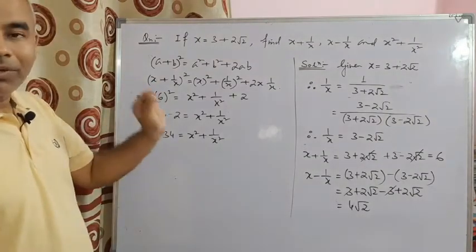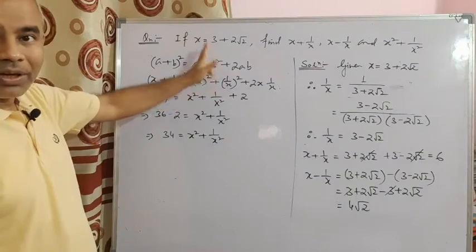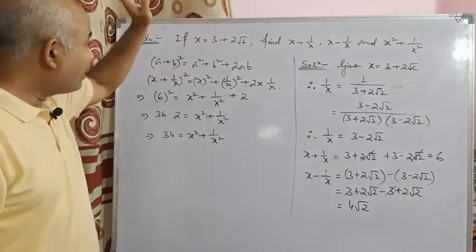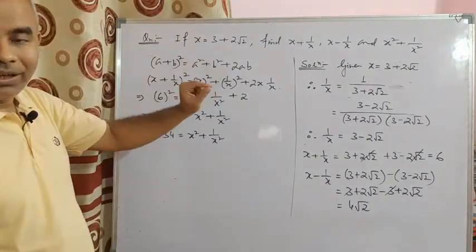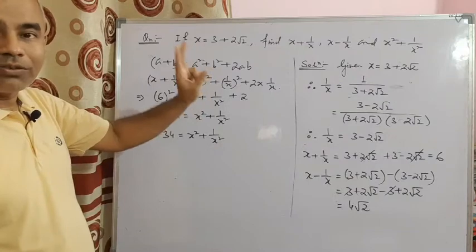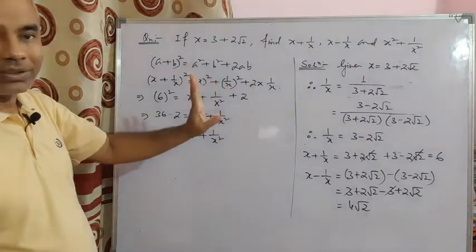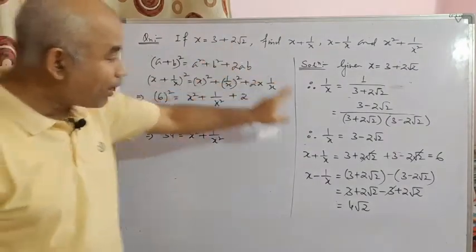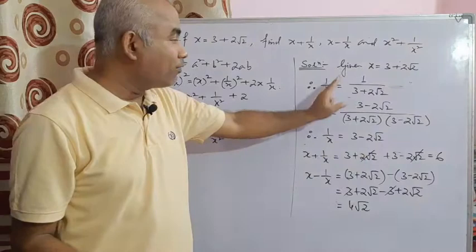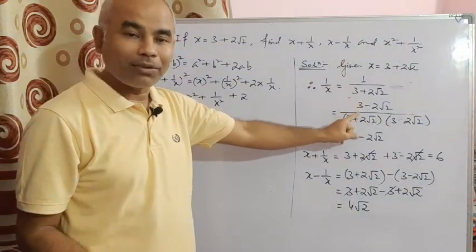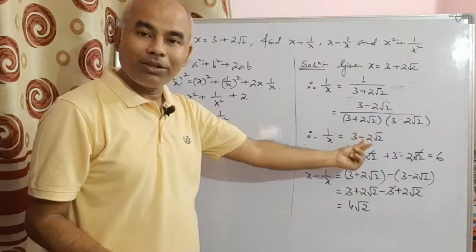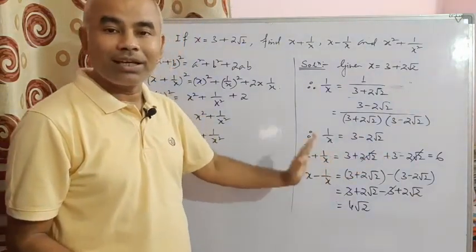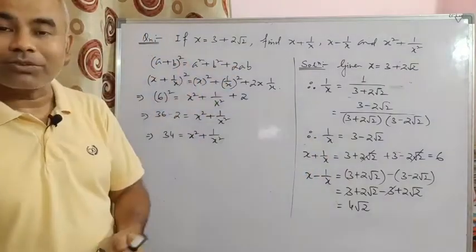Just one thing you keep in your mind, for this type of question where x is given, you have to find out reciprocal of x, their sum, their difference, etc. Then the given value of x is such that it is sum or difference of square root of two consecutive natural numbers always. So if in given value of x the sign between them is plus, then in 1 by x it will always be minus. And when you find 1 by x, first you rationalize the denominator, write it like that, irrational number in numerator but denominator is rational. After that only you find out x plus 1 by x, x minus 1 by x, or x square plus 1 by x square, etc.